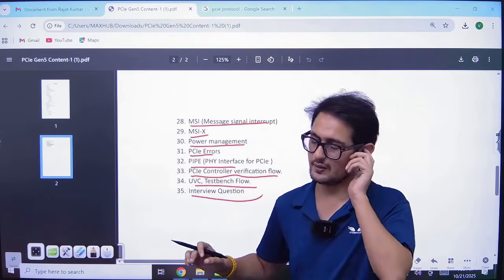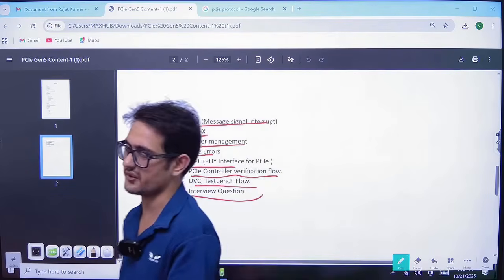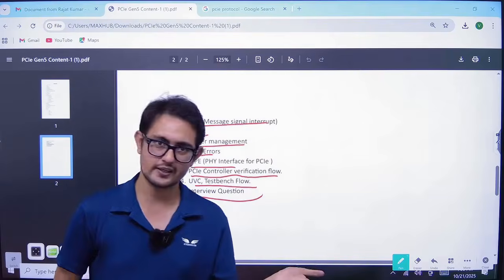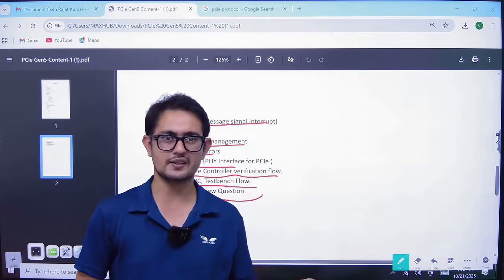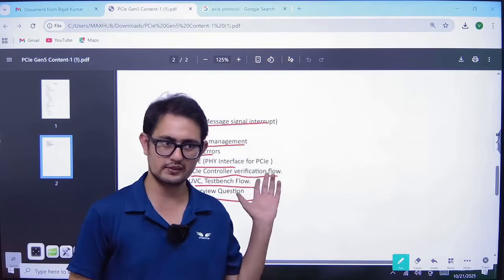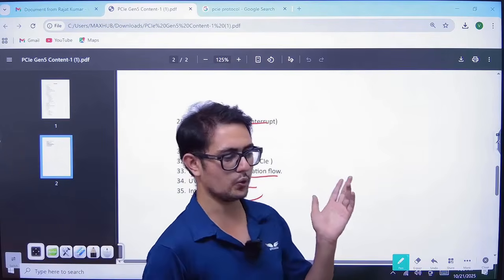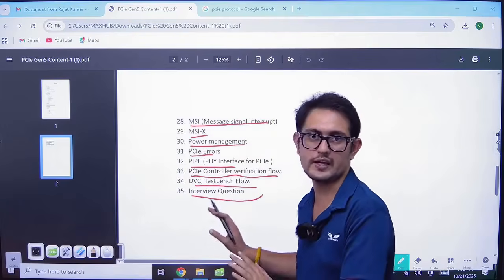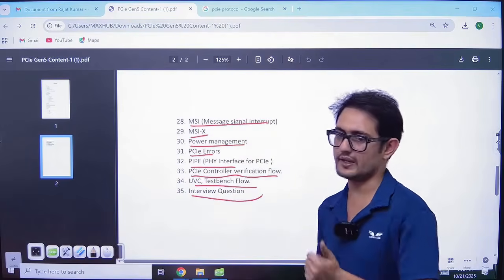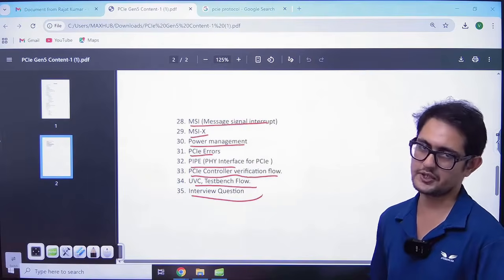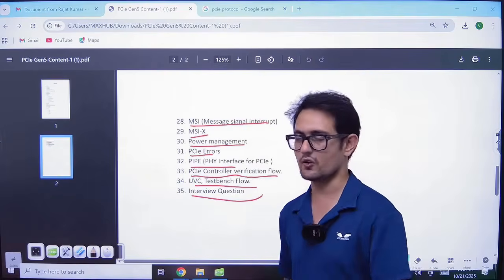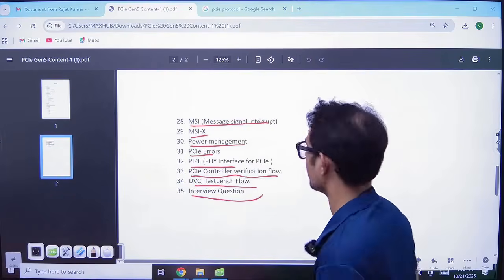Because everyone has different specifications, maybe the interconnects are different, right? But what is required for the people who are working in the industry, that is more than enough in what we are doing, right? Obviously every chip has different specifications, so it will differ from company to company, right?